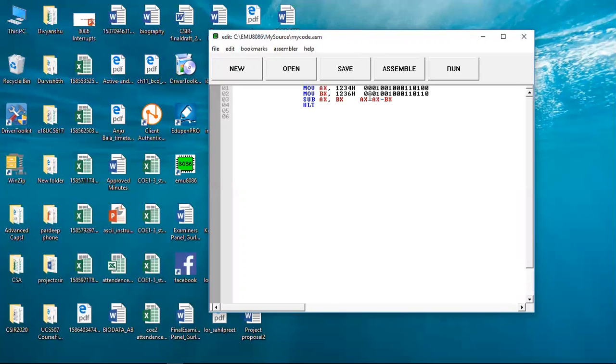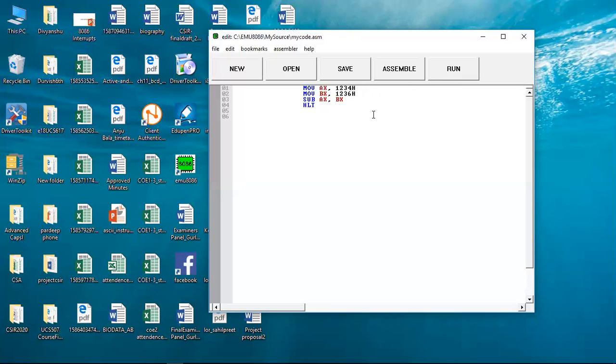Now we have to take the 2's complement of this number because this number is BX. How can we take the 2's complement? By taking the 1's complement and adding 1 to it. After taking the 2's complement, we add it with AX and we find the answer. The final answer will be in hexadecimal form. This is how the number in AX is internally represented in binary, and the result is stored into AX in hexadecimal.